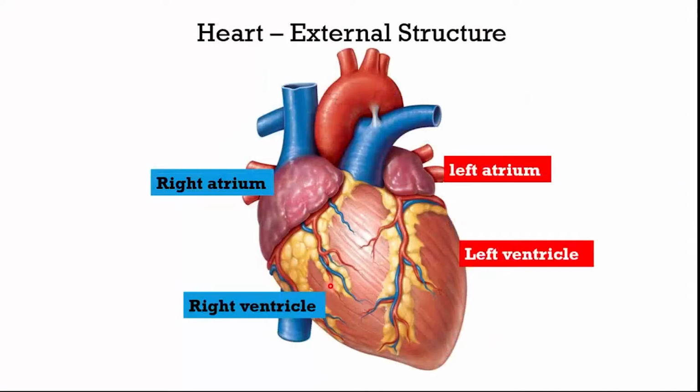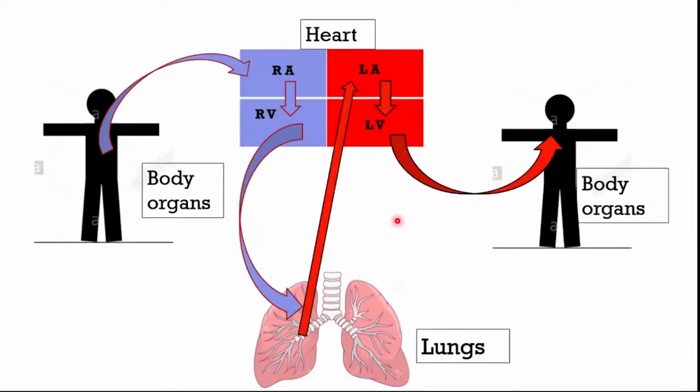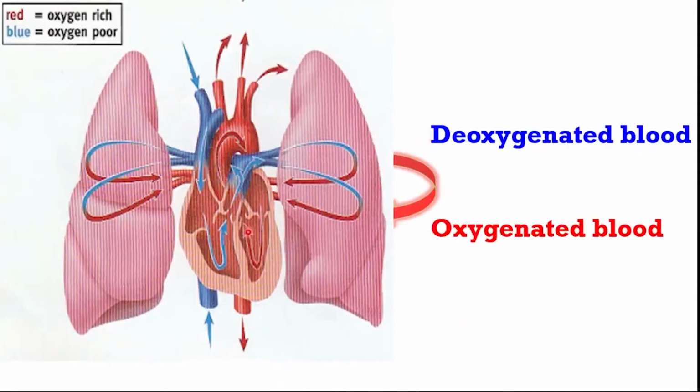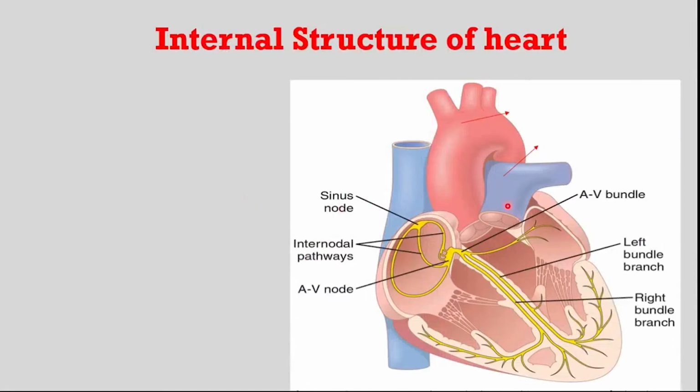In our previous session, we have seen the external structure of heart and different concepts of circulatory system, particularly related to the structure of heart. Hope you have understood the basic concepts. Let's begin the present session with internal structure of heart. When we cut open the heart longitudinally, all the structures are clearly visible. This is the longitudinal or vertical section of the heart.